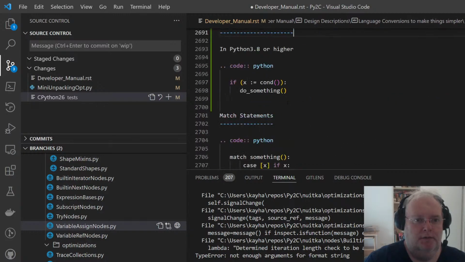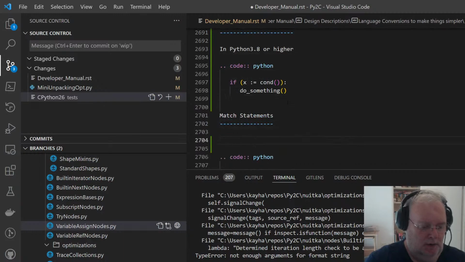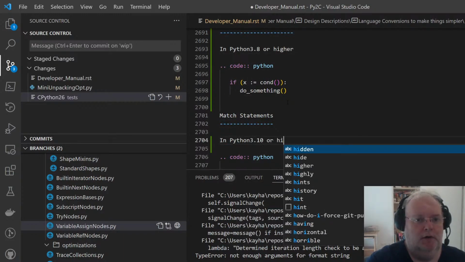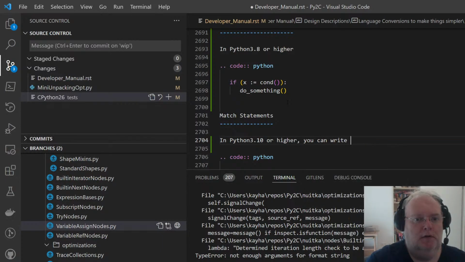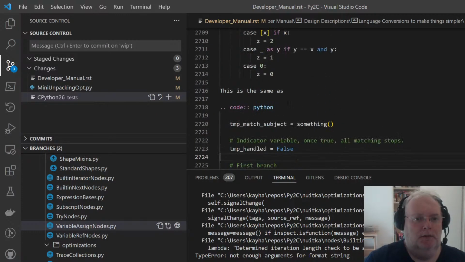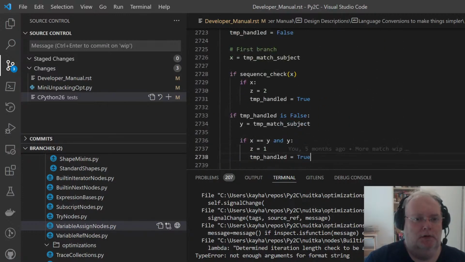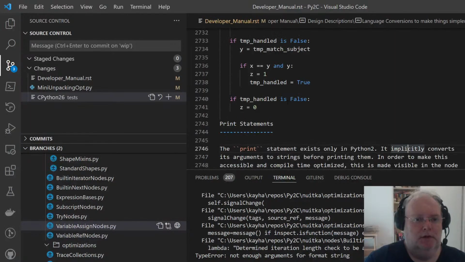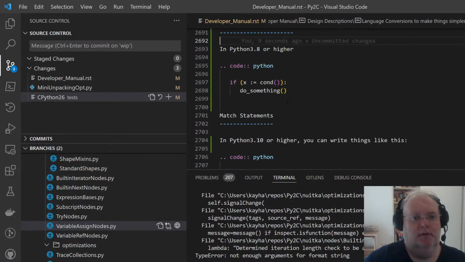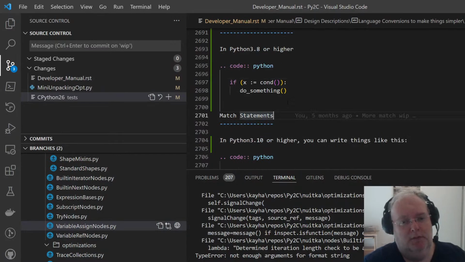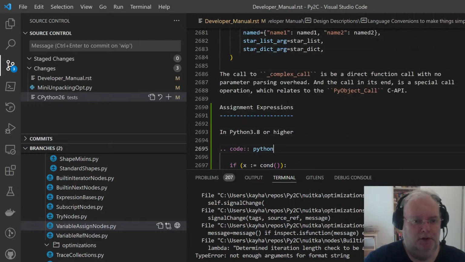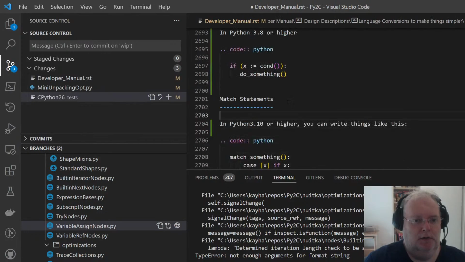It's pretty rough, huh? In Python 3.10 or higher, you can write things like this. I think that's pretty much what it does, but it's pretty incomplete. Match statements need to be better documented at some point, but they are not even complete.